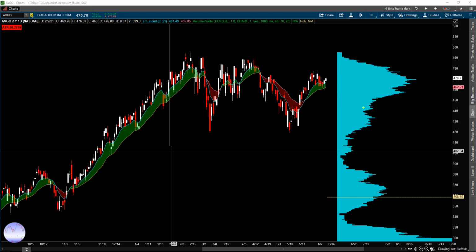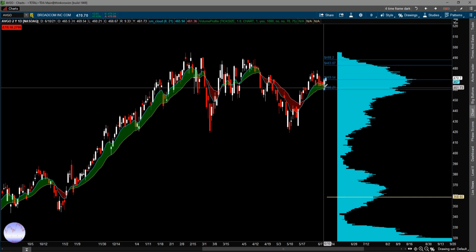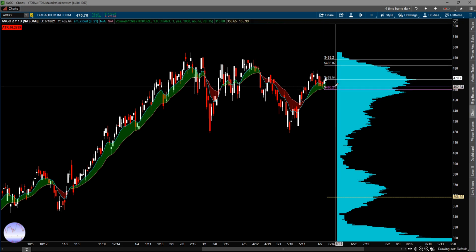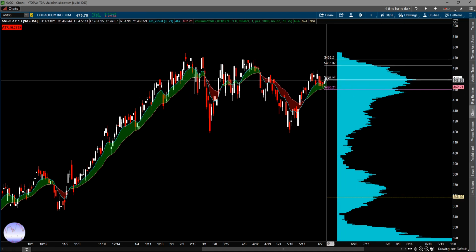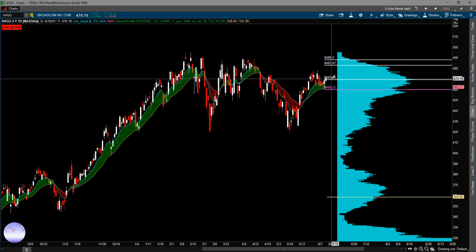So right now, I'm basically just looking at the possibility of entering anywhere above this candle's high. Anywhere above 469.54. Okay, so today it actually closed above that. So maybe you're looking for a little bit of a pullback. Get near this